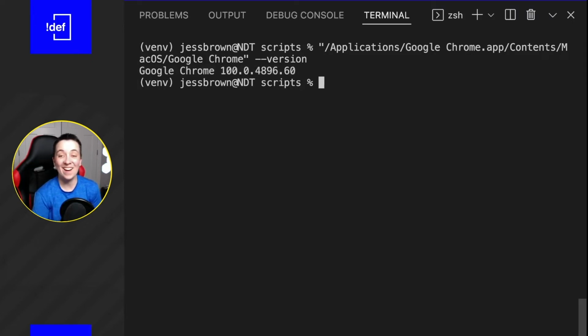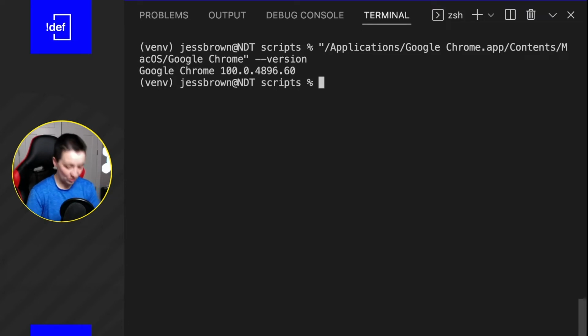So we've got our version, right? The problem is we have a bunch of other words that are kind of getting in the way. So if I were to set this as a variable right now, it wouldn't start with the actual version. The numbers is what we need. It would start with Google. And so we want to cut out all of that stuff so that we can just focus on the actual